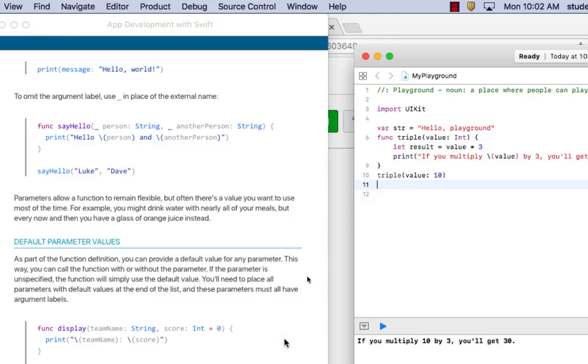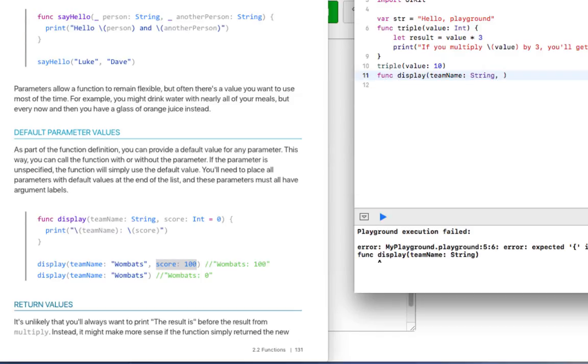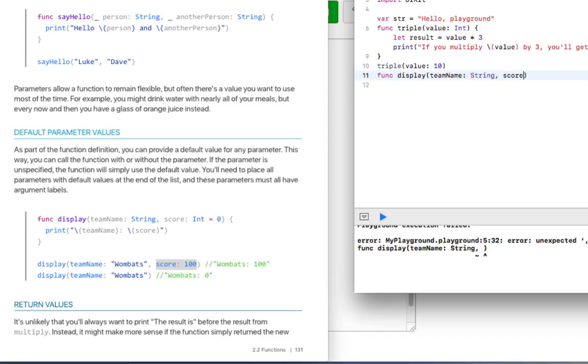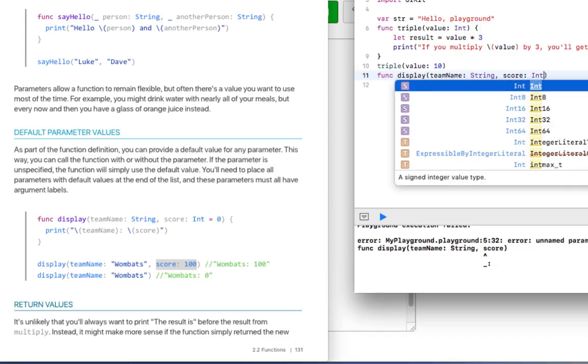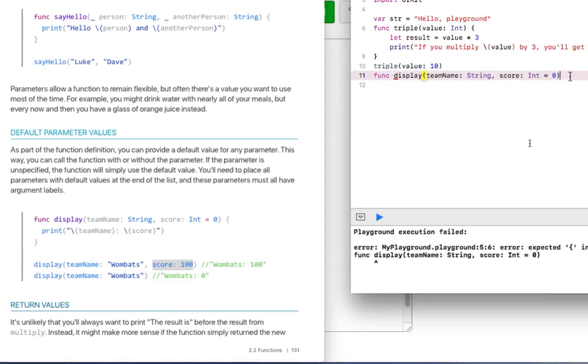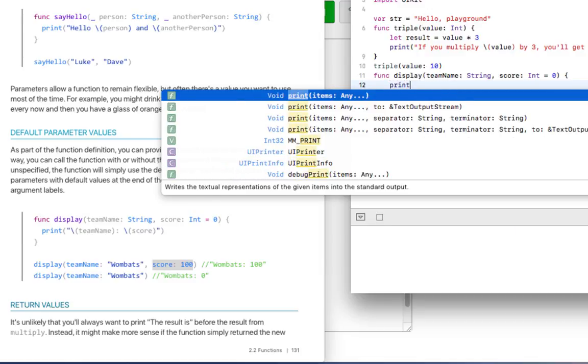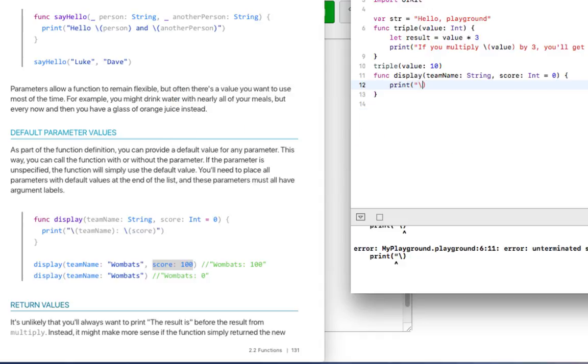So again, they make a function display, team name colon, and of course this is going to be a string because it's a word, and then they put a comma in there, and then the second is score, and that's an integer with initial value of 0, and then they make a curly bracket, and then they want you to print just so it comes out on the console, and then the quote with the backslash round bracket team name, and then score,